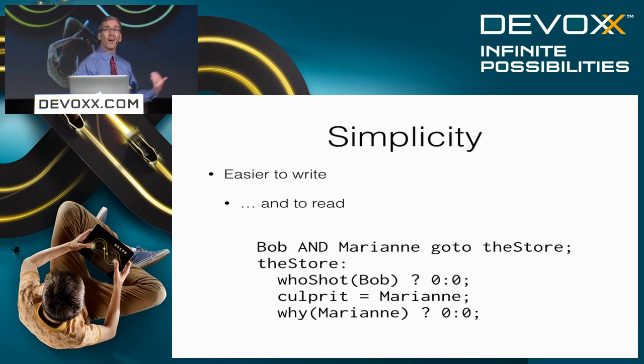Who shot Bob? I don't know. And then this little 0:0, that's actually just for effect. Right? I like the syntax of that. I like the way it sort of jumps out at you at the page. It's sort of a funny symbol. So we're going to ask a question, and then we're going to determine who the culprit was. It was, of course, Marianne, because that's his wife. Who wouldn't kill Bob if she was married to him? And then why Marianne? Again, fun little syntax there to sort of emphasize the point.